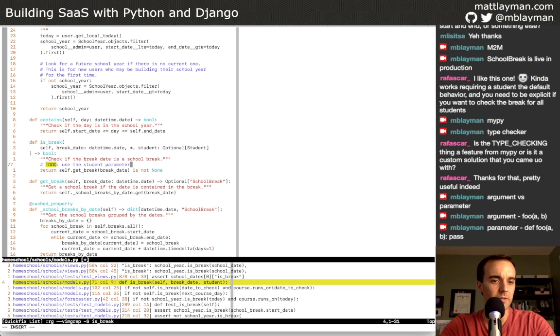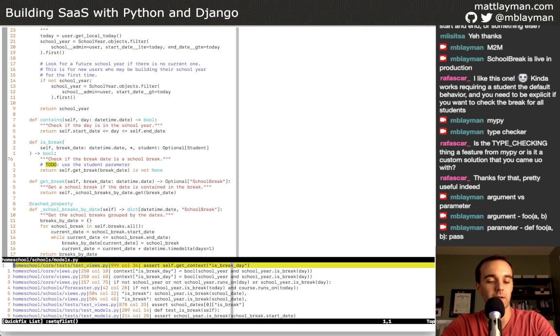So we're considering the student parameter. My test suite has 100% test coverage. So if we fix all of these isBreak calls that we found, every line should be touched. And so any that I've got wrong right now will explode somewhere, because we've created a new keyword-only argument. That's where it gets super weird.